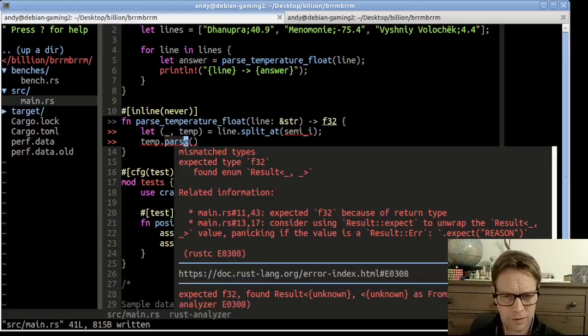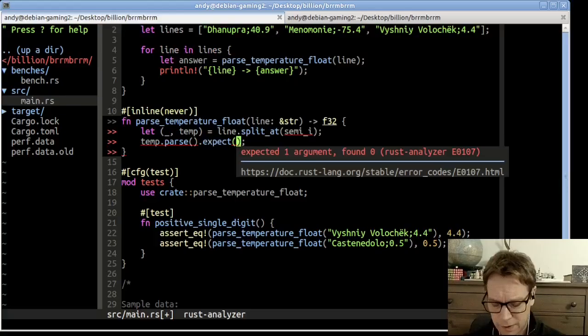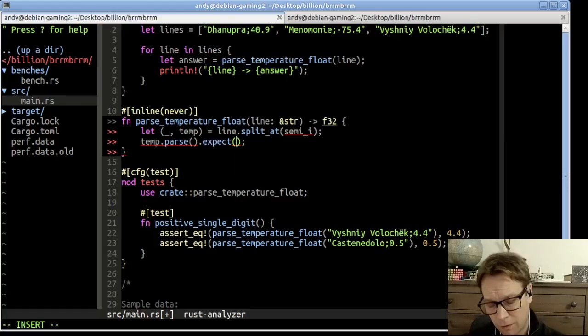Okay. So the first problem we have is that this might fail. So parse returns a Result, whereas we want to return just an f32. And I think it's correct to return an f32 because the rules of this game are that the file we're parsing won't have any errors in it. So we can panic if there is an error and just say,